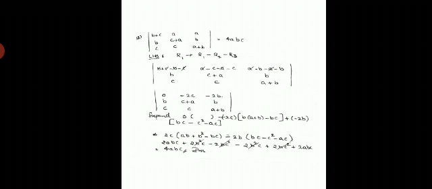Now, open the bracket and multiply with their coefficients. You get 2 into ABC plus 2 into B square C minus 2 into BC square minus 2 into B